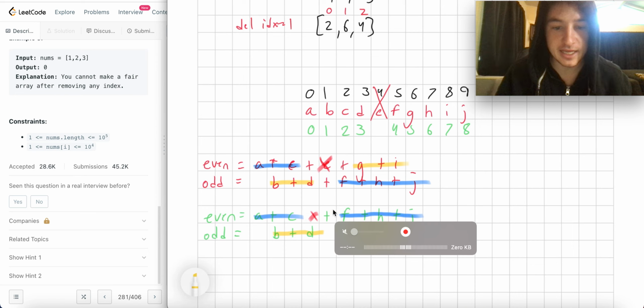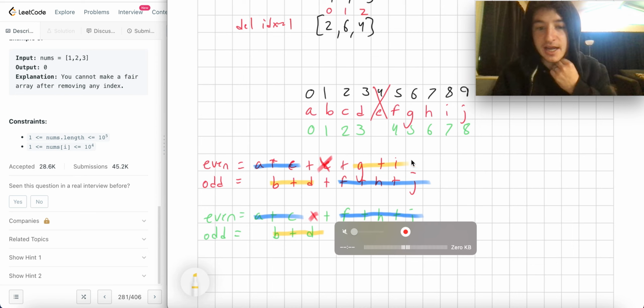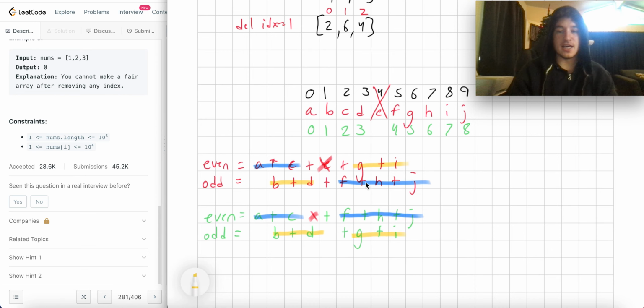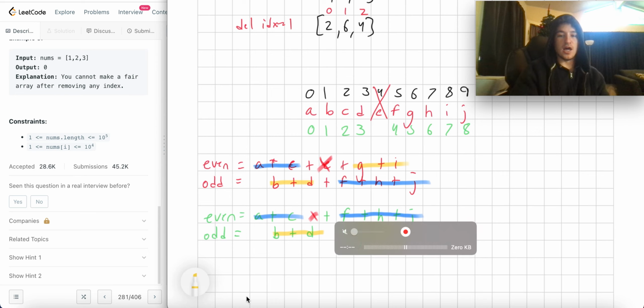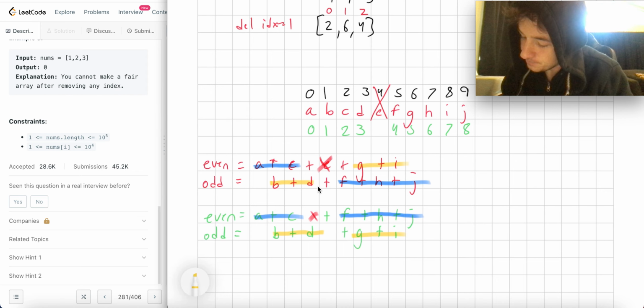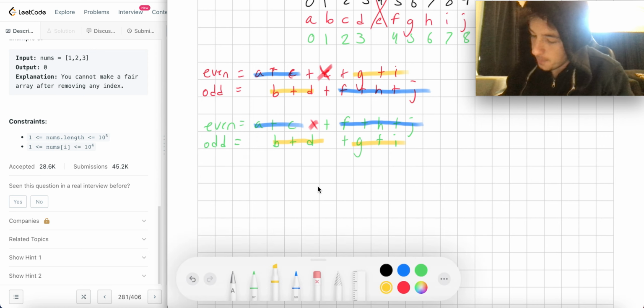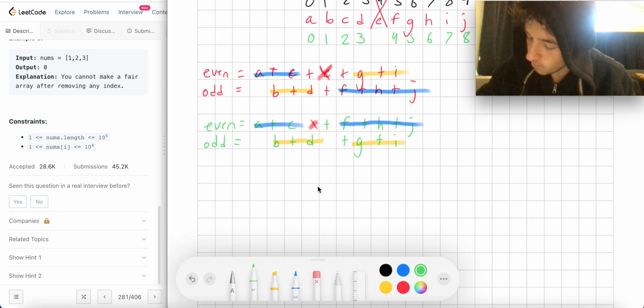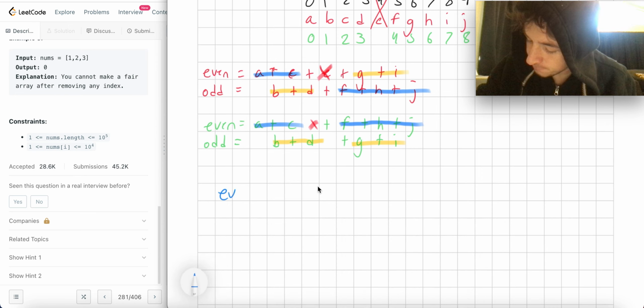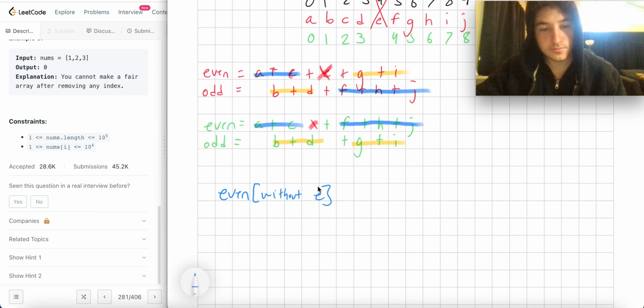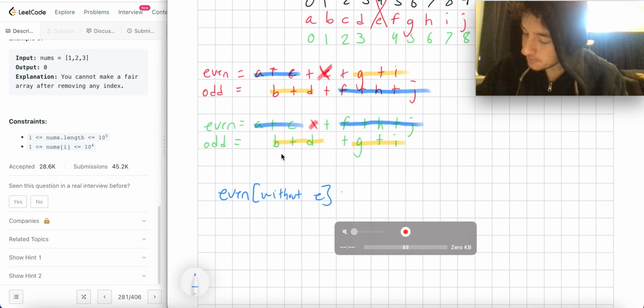So AC, you delete the element. FHI, delete this element. Okay. So what is the relationship of this with respect to the initial summation? Well, if you delete an element, I'm trying to think about how I'm going to articulate this. The even without E, because we deleted E here, is going to be